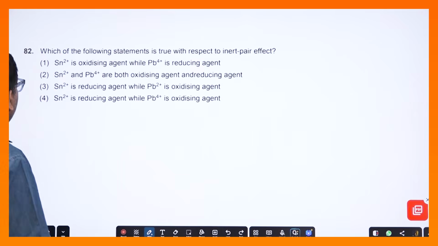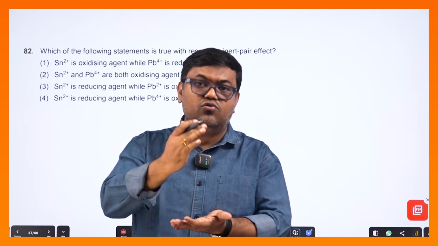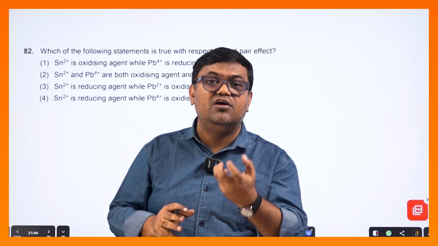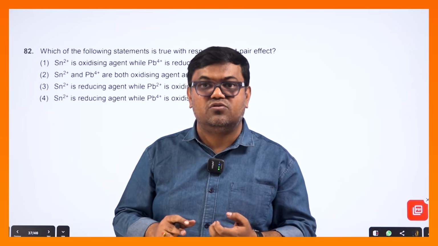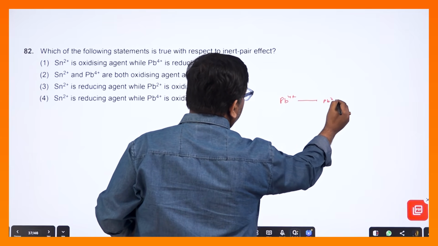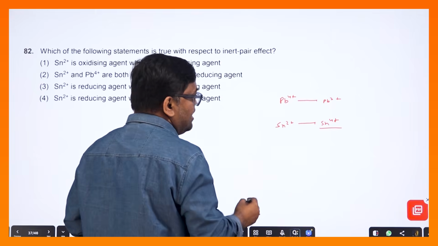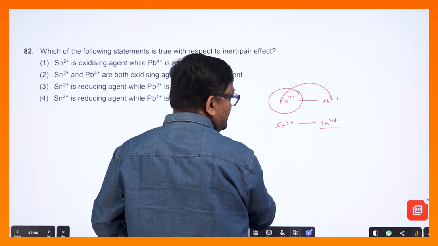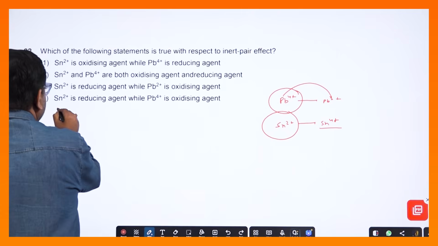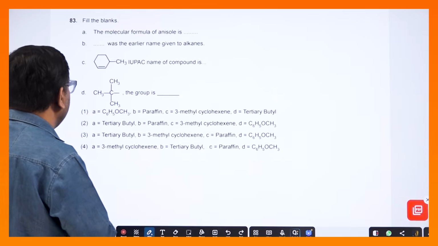নেক্সট কোশ্চেনে যাচ্ছি। Which of the following statements is true about the respective inert pair effect? ইনার্ট পেয়ার এফেক্টের জন্য উপর থেকে নিচে যাওয়ার সময় গ্রুপ 13, 14, 15 এর ক্ষেত্রে লোয়ার অক্সিডেশন নাম্বার স্টেবল হবে। তার মানে হায়ার অক্সিডেশন স্টেটগুলো অক্সিডাইজিং এজেন্ট হিসেবে কাজ করবে। যেমন Pb4+ কনভার্ট হতে চাইবে Pb2+ এ, কিন্তু Sn এর ক্ষেত্রে হায়ারটা স্টেবল, Sn2+ কনভার্ট হতে চাইবে Sn4+ এ। তার মানে Pb4+ রিডিউস হচ্ছে, অ্যাক্ট অ্যাজ অক্সিডাইজিং এজেন্ট, আর Sn2+ অ্যাক্ট অ্যাজ রিডিউসিং এজেন্ট। তাহলে Sn2+ is reducing agent while Pb4+ is an oxidizing agent, অ্যান্সার 4, ঠিক আছে।